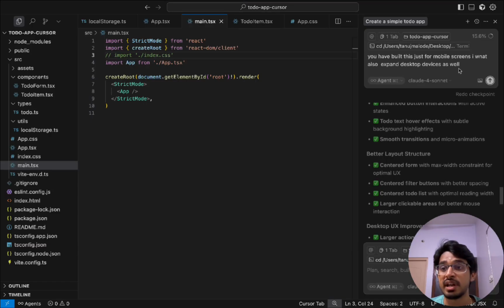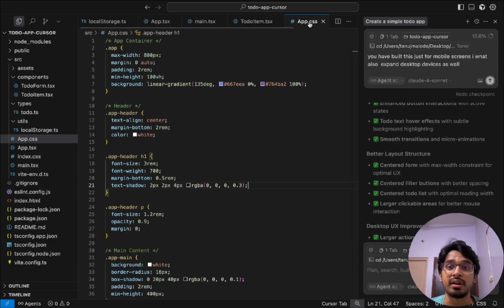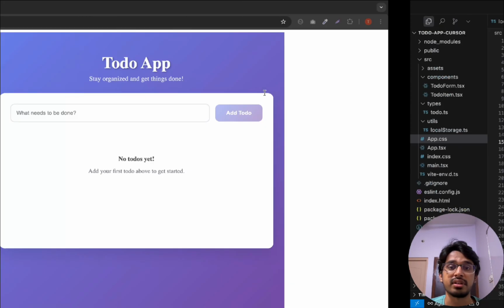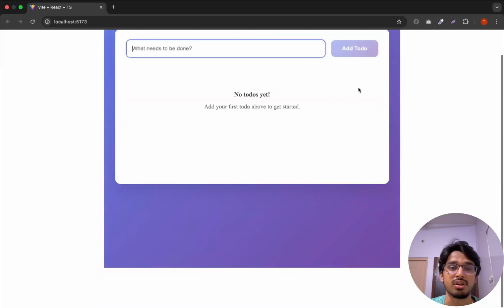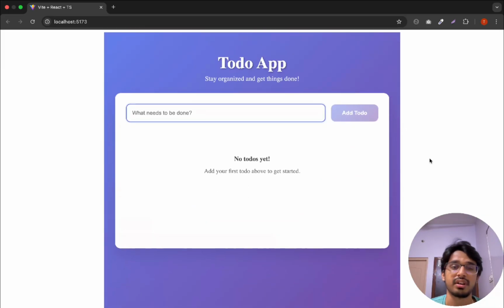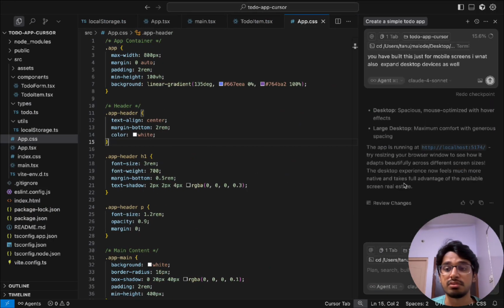So basically we just have a series of chats, right? So if you wanted to bring it back to that checkpoint where it had made all the changes, you can just do that. All right, so now it has undone all the CSS changes that I had previously accepted, right? So now if I just save this and go back, it's still not looking that good, but yeah, it works. Okay, so now I can reprompt again, like saying that I want this